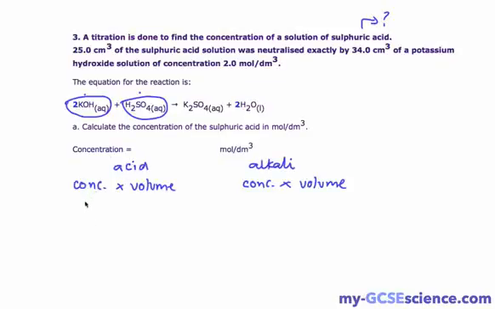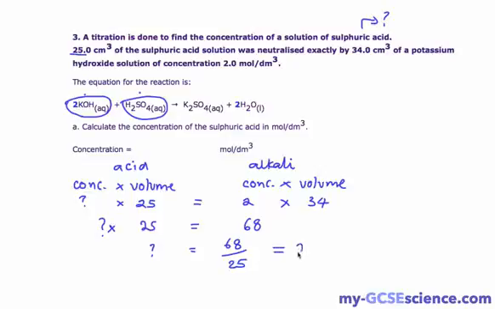Here's our acid. Our acid concentration is unknown. We have a volume of 25 given to us in the question, and for our alkali we have a concentration of 2 moles per decimeter cubed and a volume of 34 centimeters cubed. So we can just do what we did last time. So this is 68, and to do our calculation we can just say question mark equals 68 divided by 25,